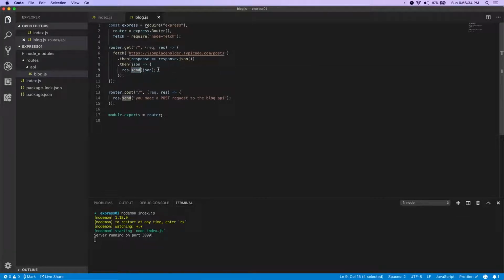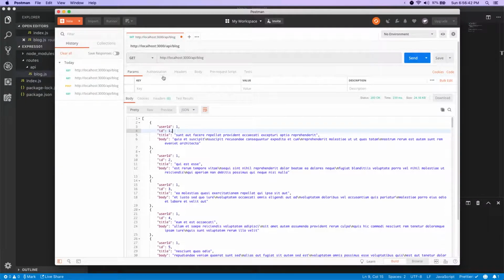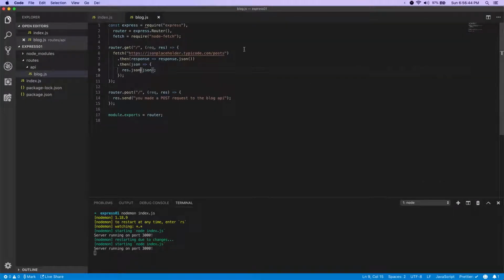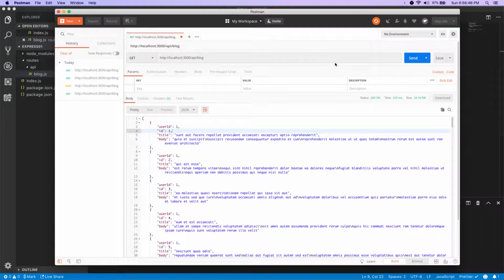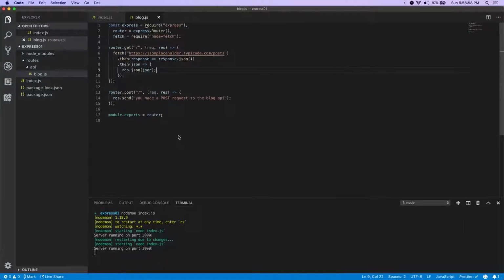There's something built in express, res.json, which is going to automatically set our content type on our headers. On the response, it's going to tell it, hey, this is JSON that we're sending back to the client here. Which isn't going to make a huge difference just yet, but you do want to change that to res.json if you're sending JSON back. And then,